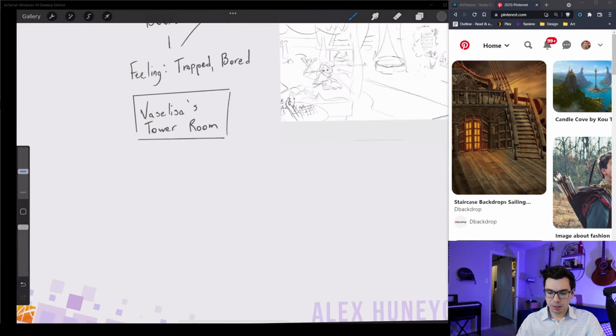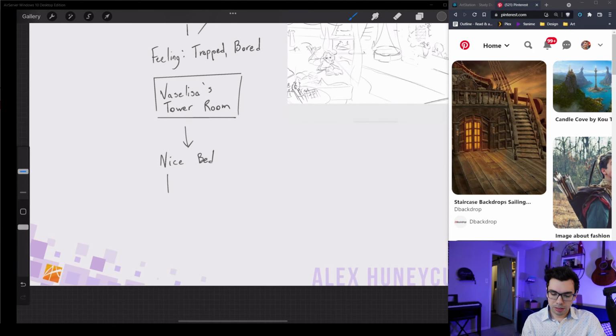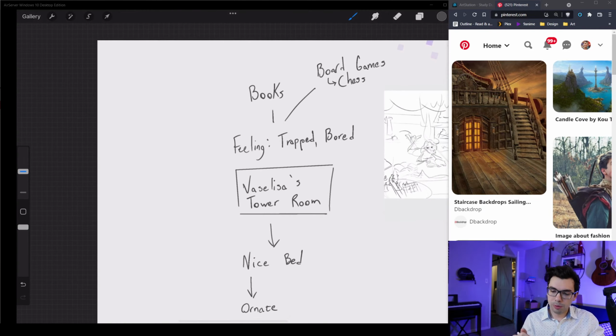In a princess's room, we have probably a nice castle, not a nice castle, but a nice bed, which I have there. The bed is ornate. Maybe with the books, she has a sitting area to read her books. And in order to read, she needs lighting, so